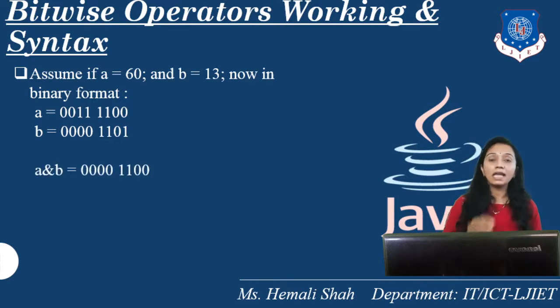Now if you use A and B in your program, it performs a bit by bit AND operation. That means 0 1 becomes 0, 0 0 becomes 0, 1 1 becomes 1, 1 1 becomes 1, then 1 0 becomes 0. If you have a 0 with any value and you make an AND operation, your result will be 0. So this becomes a binary value that is the answer of A and B, and this value will be converted into decimal, and you get the answer from this decimal value, right?